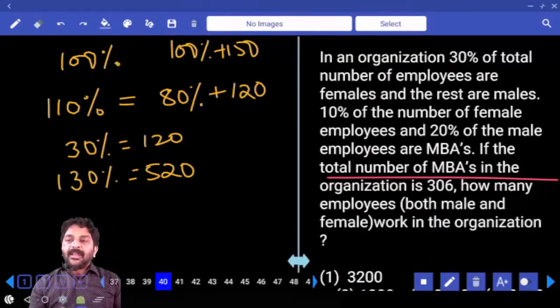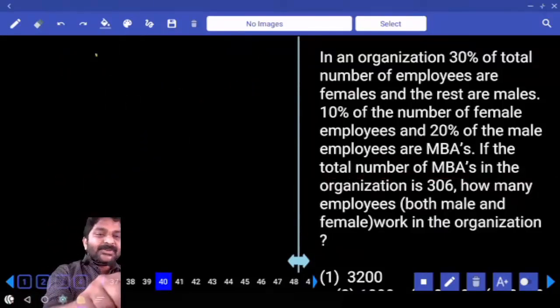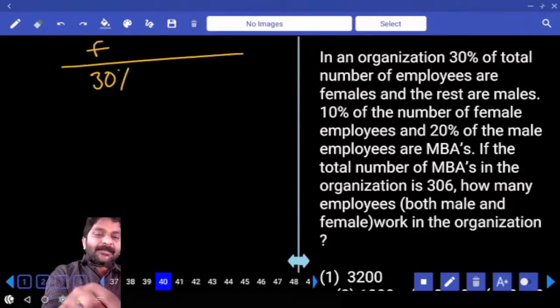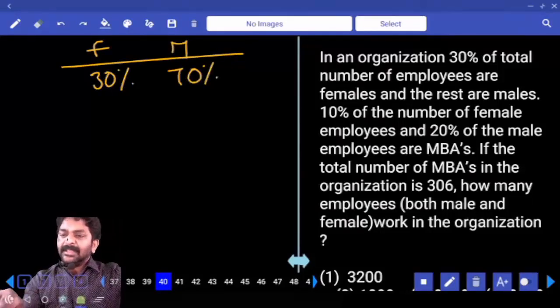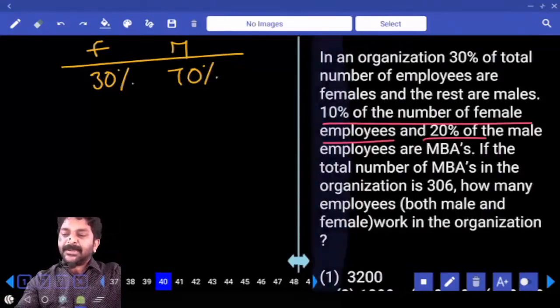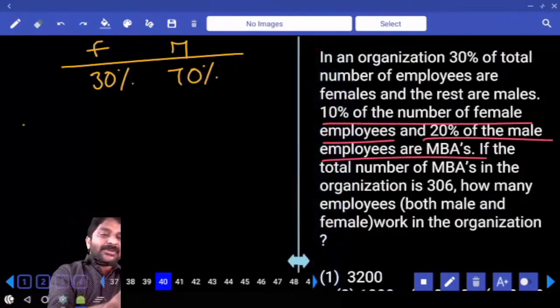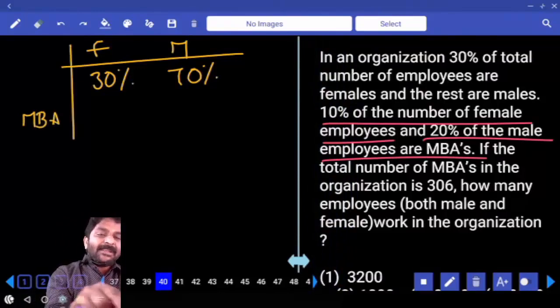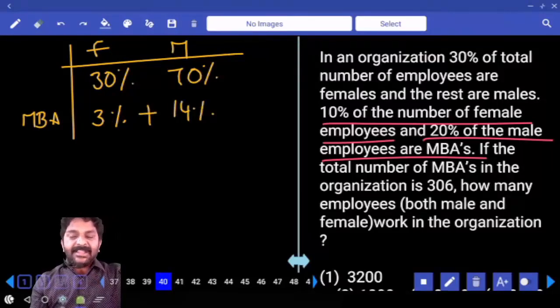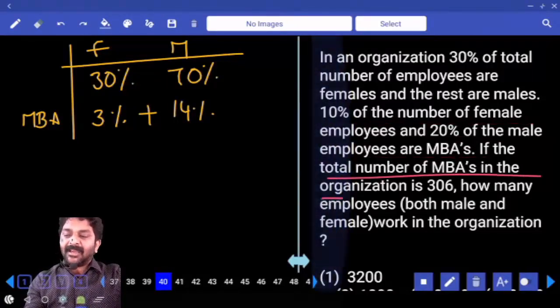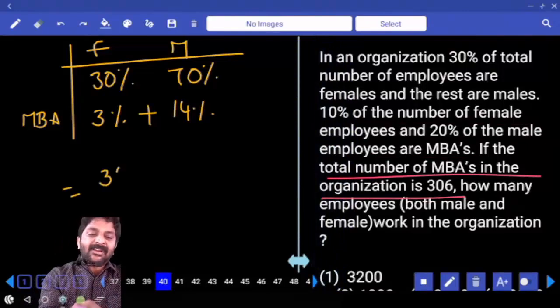Last. In an organization, 30% of number of employees are female and the rest are males. So female are 30%, then male are 70%. 10% of number of female employees, 20% of male employees are MBA. So how many of them are MBA? 10% of female, that is 3. 20% of male, that is 14. Both together 17%. If the total number of MBAs in the organization is 306,